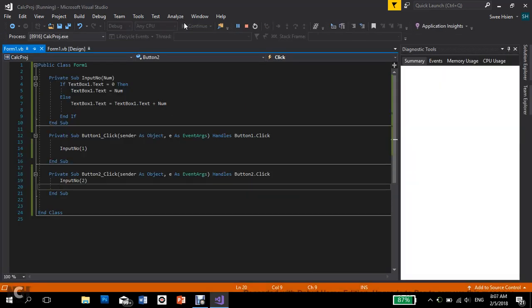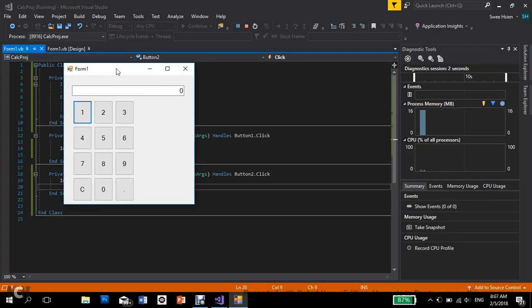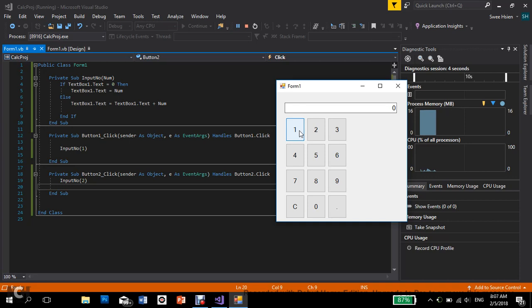Alright, does it work? We have to try it out. As we are testing, let's see what happens when we click 1. When we click 1, it will run this subroutine input number 1, and you'll come here to look for input number, and what is the number that we are inputting, which is 1. So all the NUM will be replaced by 1. Let's see whether it works. Okay, how about 2,